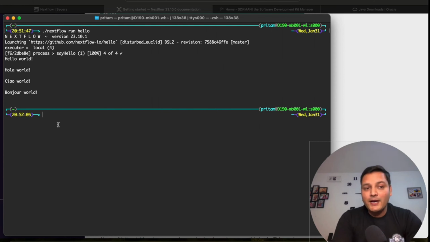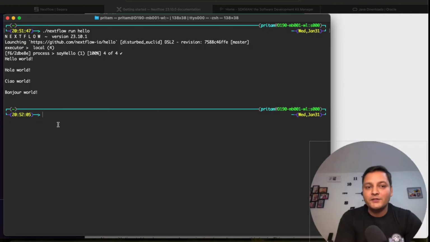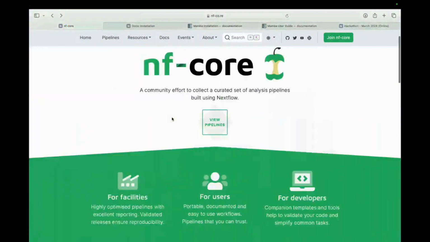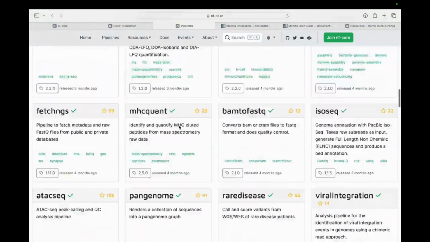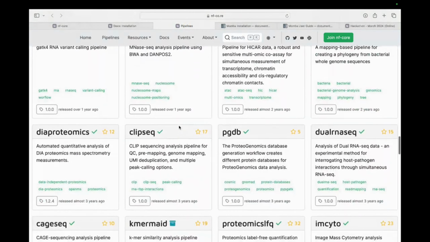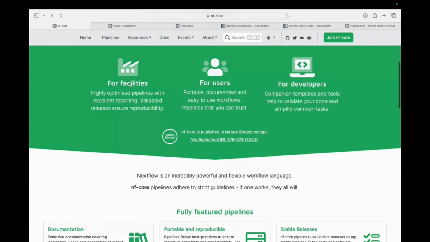And in the next videos, I'll be talking about different bioinformatics pipelines which are managed by NF Core, where it has a big community where many bioinformaticians upload their pipelines, and they are already tested by the community. If you go to the NF Core website here, you can see different types of pipelines by clicking this particular link, where all the pipelines are listed: single cell, RNA sequencing, whatever you need. And it has great community support, and it's not only for different supercomputing facilities, but also